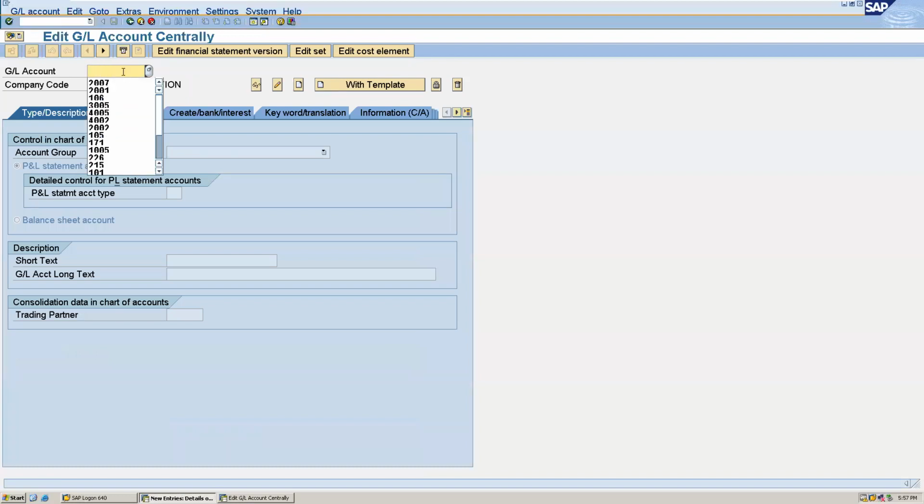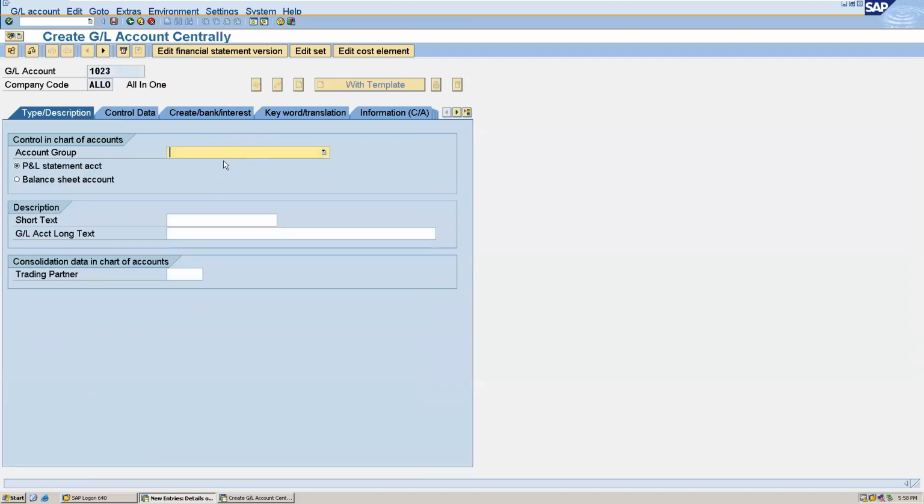I will create 1023. Our company code is ALLO. Creating APC equipment, acquisition and production cost.